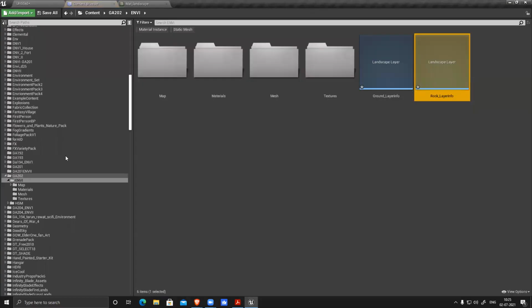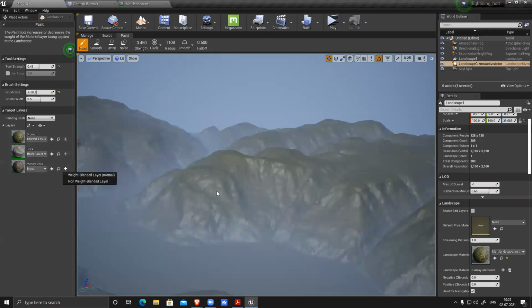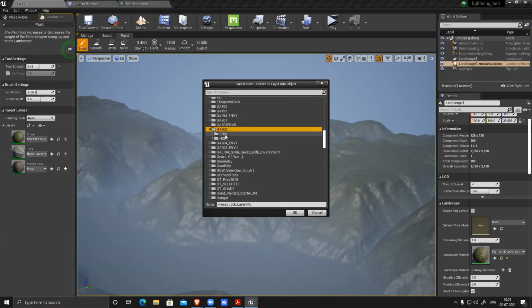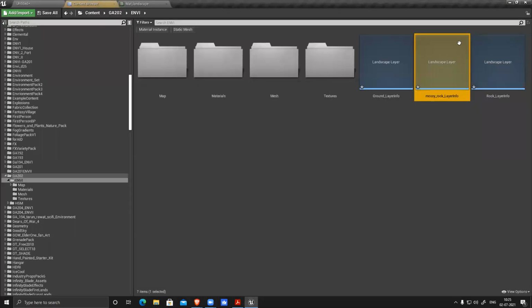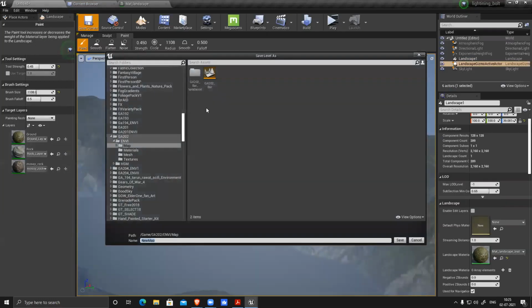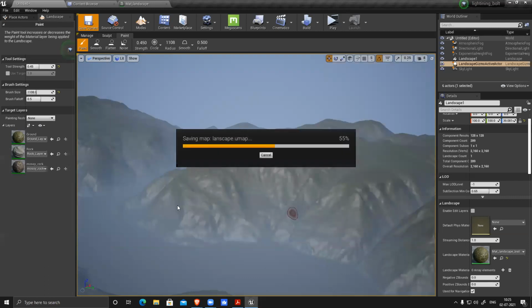Another one. Another one. All three are here. Let's save the file, save current. This is my landscape.